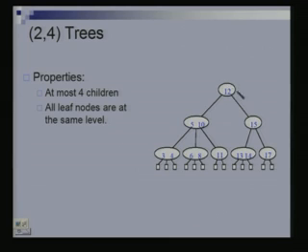As a search tree, it will have the property that everything which is less than this key is going to be in the left, everything that is more is going to be in the right. So, this is an example of a 2-4 tree. As you can see, this node has 3 children, this has 2. There is no node with 4 children, but you could also have had a node with 4 children in it. Is it clear to everyone?